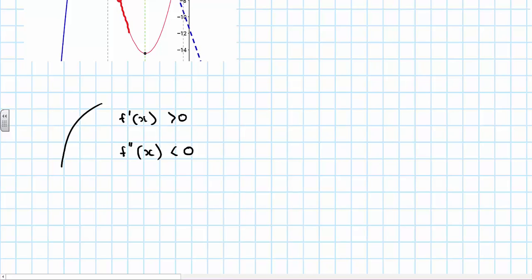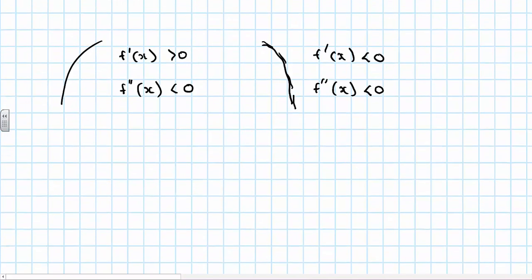Just like if my original function is getting smaller, then it's moving downwards, the gradient function is negative, as I've drawn here. If that's my function, then my first derivative, because the values are decreasing, is negative. The second derivative is also negative because those gradient values are still getting smaller and smaller and smaller. Negative 10 is smaller than negative 1. The next case is